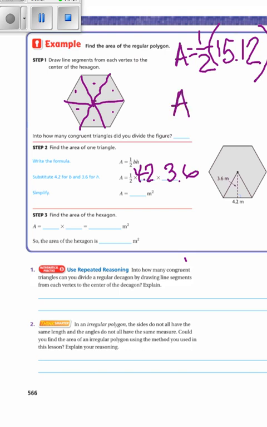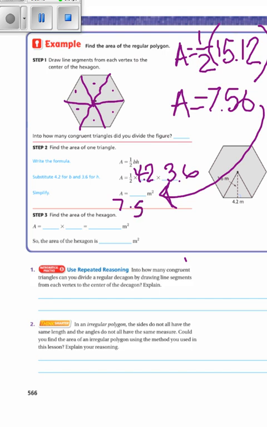area equals 7.56. So you're going to write that right down here in your simplified answer. Area equals 7.56 meters squared. And then step 3, find the area of the hexagon. So now we have found the area of one triangle. We need to find out